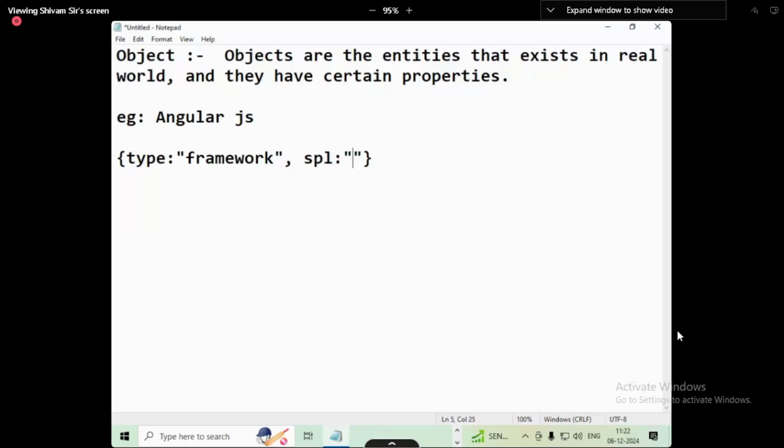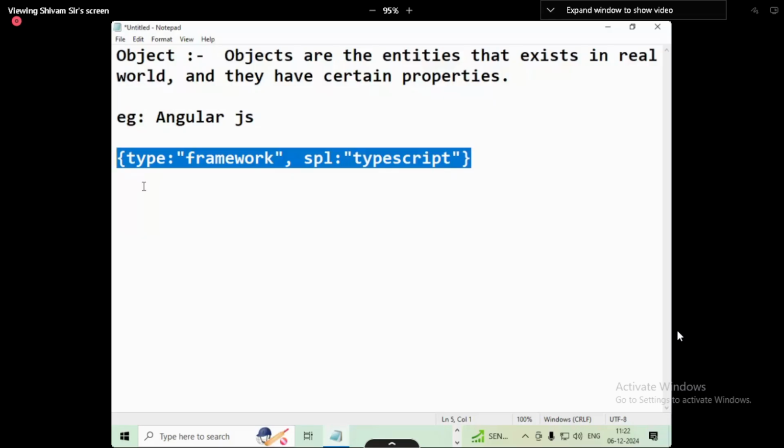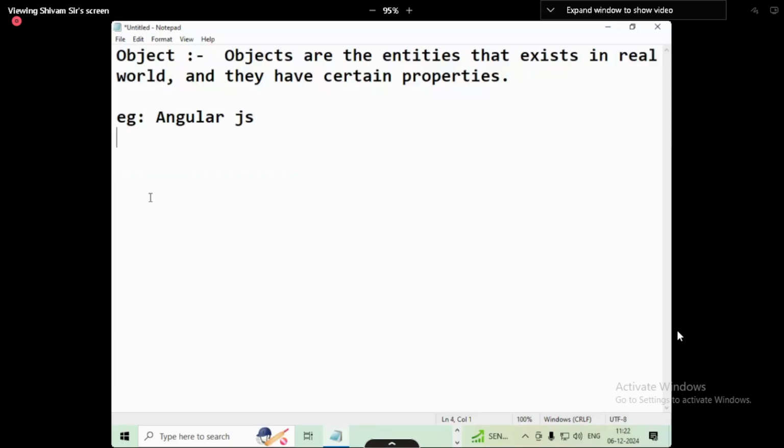So what is the supported language for it? Either JavaScript or TypeScript. So here it is supporting TypeScript. Now, as Angular is not a physical entity, you cannot touch it, you cannot see it, but you can use it. So it is something that exists in the real world, and it also has certain properties. Now understood objects? What are objects? Is it clear? Okay. Now, when we are talking about objects in JavaScript, let me go there in the